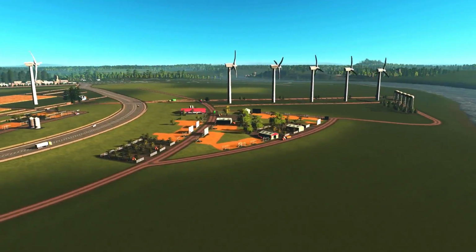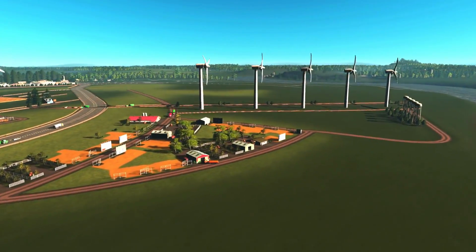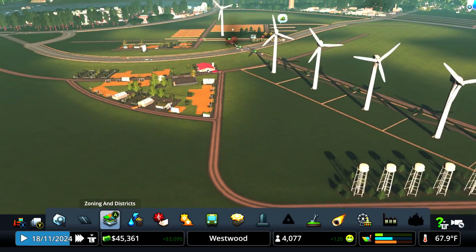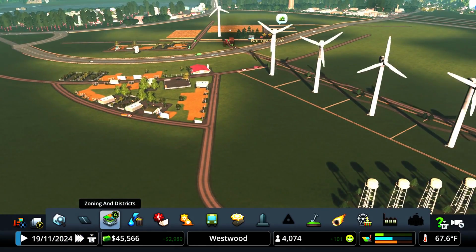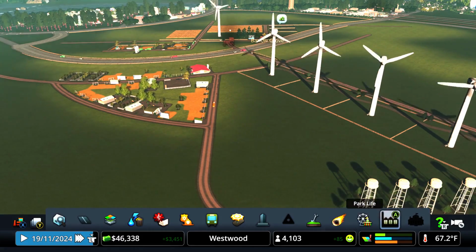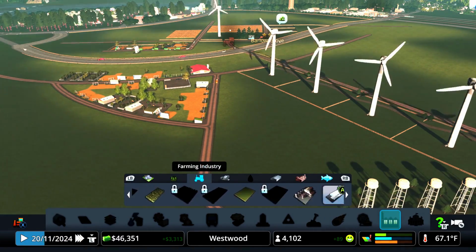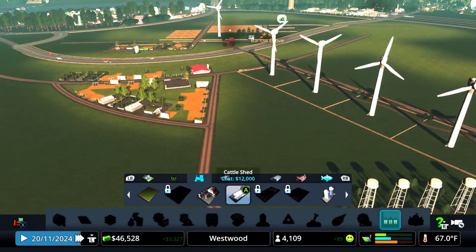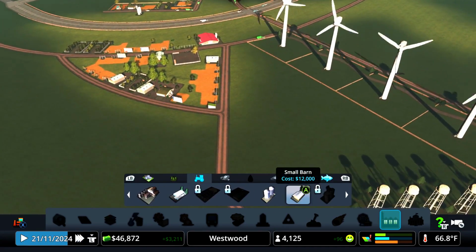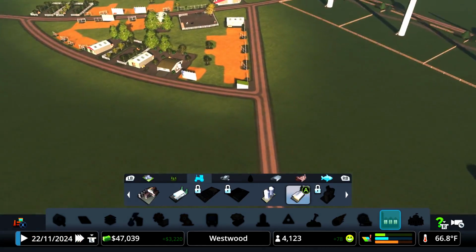Let's take a look over here. We have power. Everything is looking really nice. What I'm thinking about doing over here maybe is putting in one of those warehouses. No, not warehouses, barns. No, that's the cattle shed. This one right here. The small barn. So maybe...